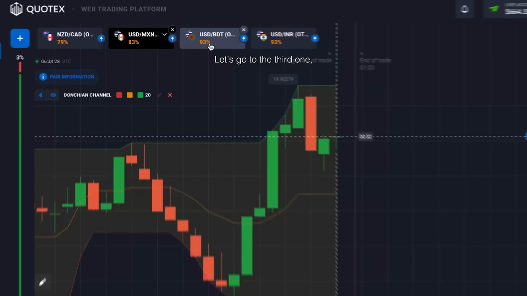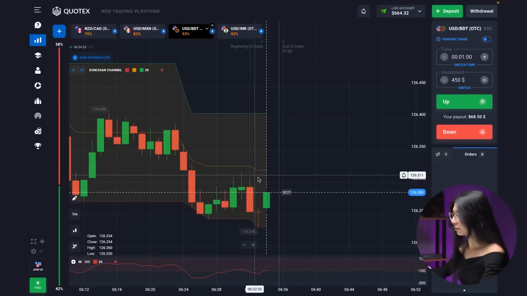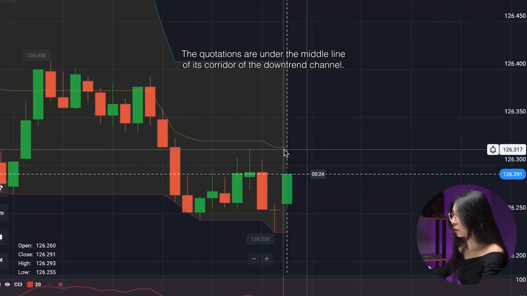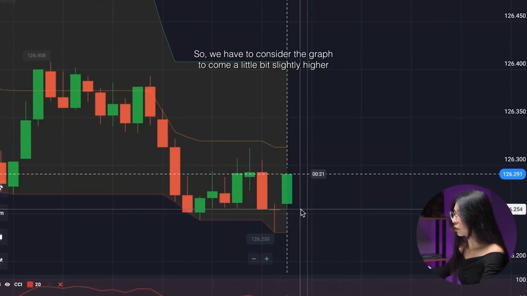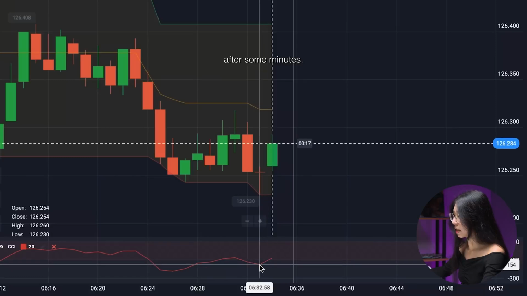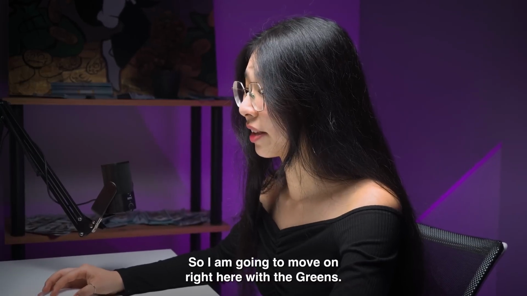Let's go to the third one, the United States dollar and the Bangladesh taka. Okay, the quotations are under the middle line of this corridor of the downtrend channel, so we have to consider the graph to come a little bit slightly higher after some minutes, and this is not very dodgy. So I'm going to move on right here with the greens.